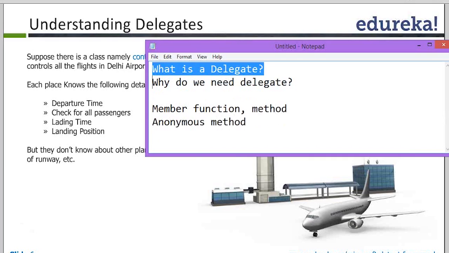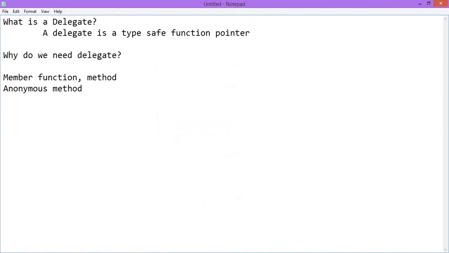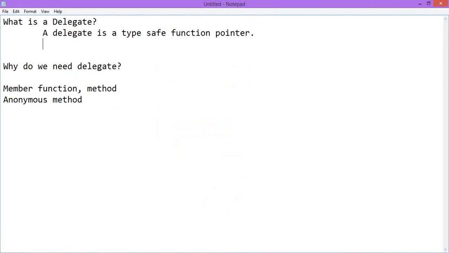So what is a delegate? Generally, a delegate is a type safe function pointer. If you know C or C++, these are similar to function pointers.